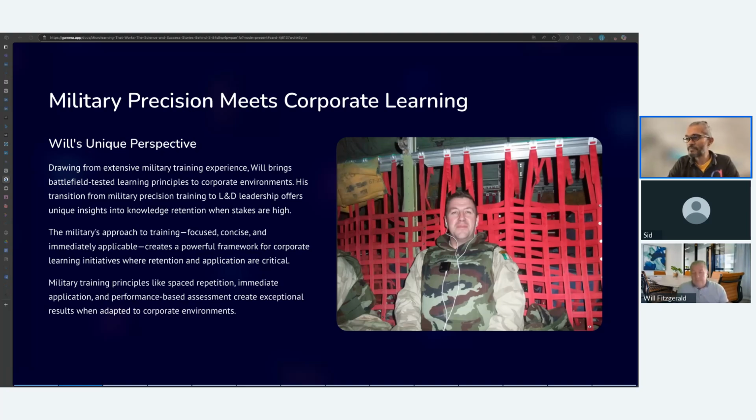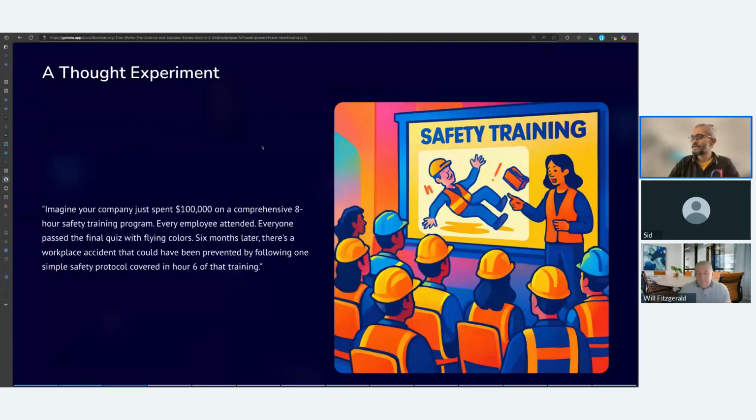So from that perspective, we are going to look at some of the things like, with microlearning comes in some things like spaced repetition, and how we need to bring in practice within that at regular intervals. So these are concepts around microlearning that we need to discuss. So I think I'd like to start over here, Will, with a thought experiment.